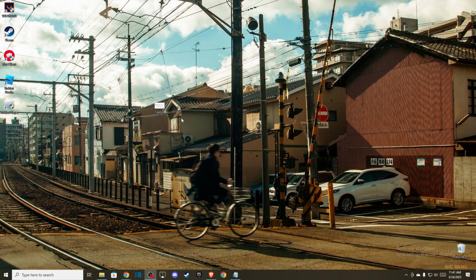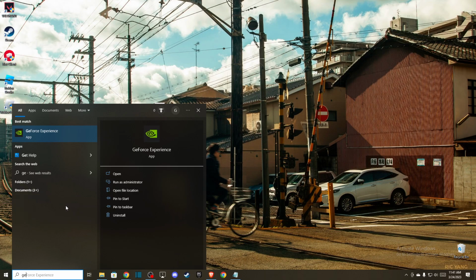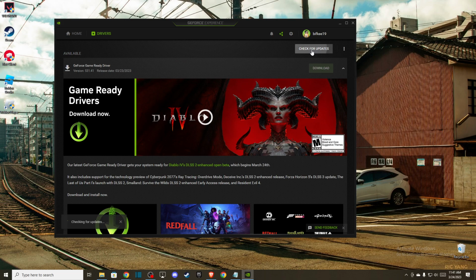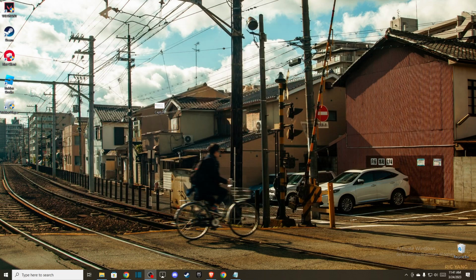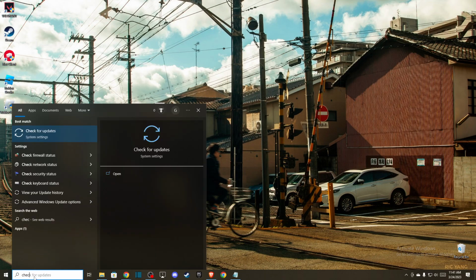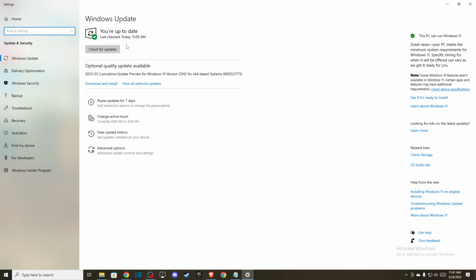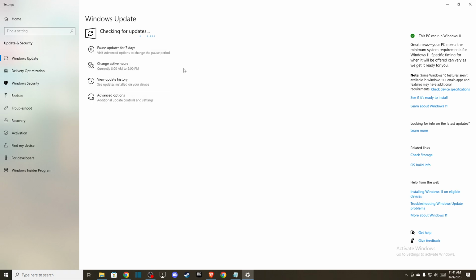And if you're using, for example, an NVIDIA GPU, then you just need to go to GeForce Experience, go to drivers, check for updates, and if there are drivers, just download and install them, and restart your computer. If you're using AMD Radeon, through the AMD Radeon app you can do the same, right? And after that, you need to update your operating system. So in search, just write check for updates, wait a few seconds until it loads up, then press check for updates, and if there are some updates, please download and install them,